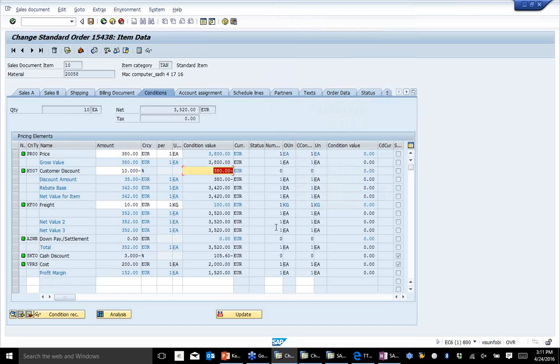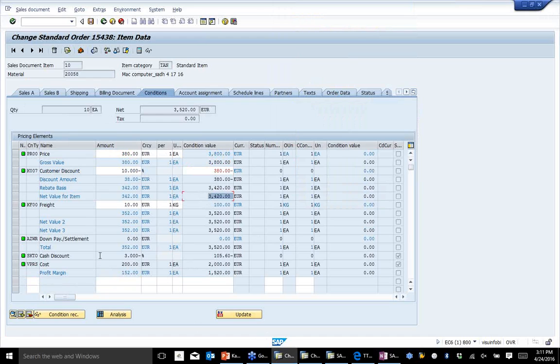And what is my discount amount? So I'm giving a discount of $380. So what is my net value? 3,420. So 3,800 minus 380, my net value becomes